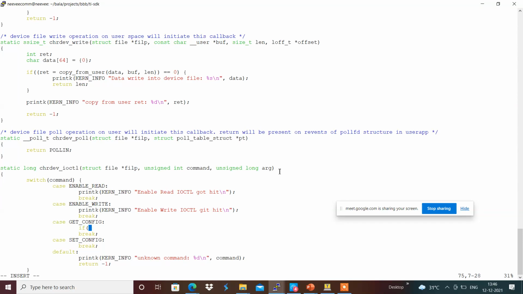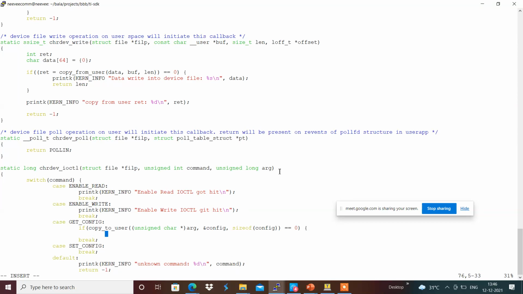Maybe I have something like an unsigned char star argument over here, and we will be pushing the data of config which is present over here, with the size of config. If it is equal to 0, then it is fine. If it is not equal to 0, then we will be returning -1 over here.